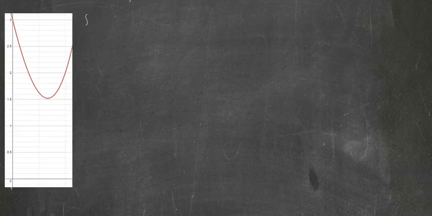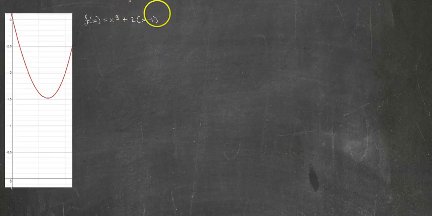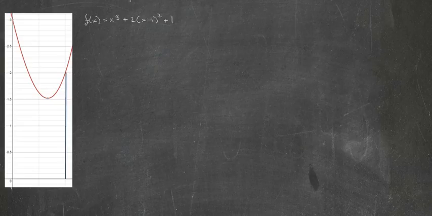So here I have a function, x cubed plus 2 times (x minus 1) squared plus 1. And I want to evaluate this on the interval. It's hard to see right here, but we're looking at 0, which is obviously at the origin, to 1. So we want this area, and then we want to find f of c, or the average value for